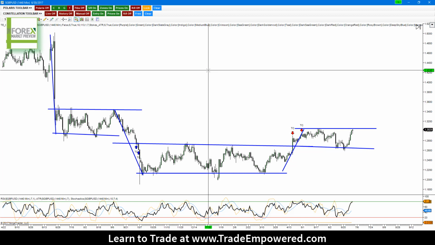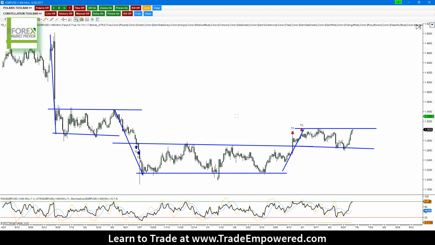Now, I don't personally trade the daily chart, so this isn't a pattern formation that I will be taking, but I know that many of you guys that watch these YouTube videos, and of course, many of you guys in the syndicate and in the live room with us, you do trade off of the higher time frame. So I want to give you guys something to put on your radar as well.